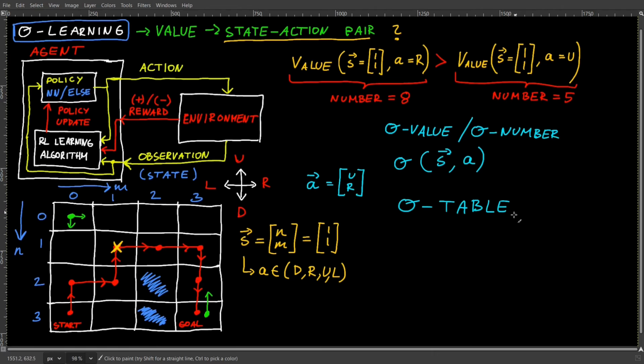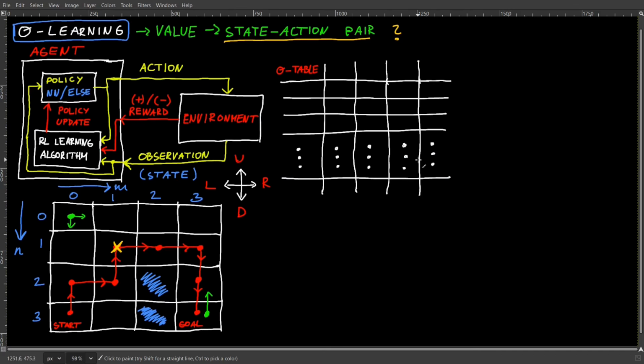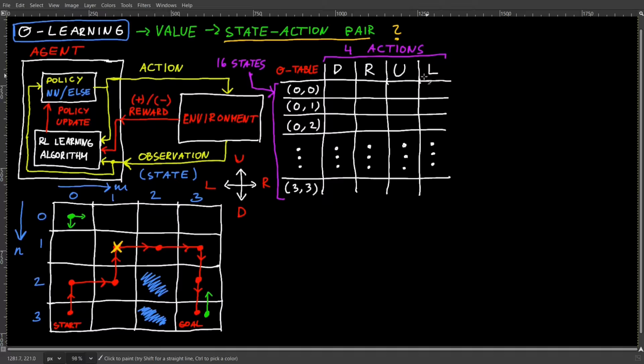The next step is to create a Q table which will tabulate all the possible state action pairs. In this Q table, you will have all the states here. Since you have 16 states, you will have 16 rows, and then here you will have 4 actions, so 4 columns. Each entry in this Q table contains a number, which is the Q value for each state action pair. And in total, we have 16 by 4 or 64 state action pairs, which means that we have 64 different